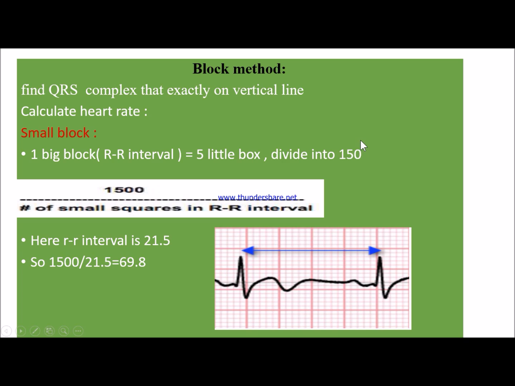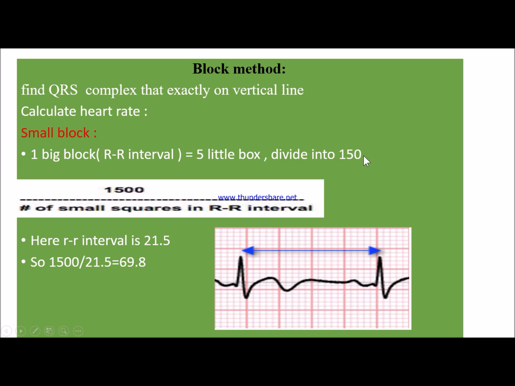There is also the block method, which is helpful to calculate the heart rate. There are the small block method and the large block method. First of all, we need to know about the small block method. First we take the QRS complex that lies exactly on the vertical line. For the small block, one big block in the RR interval equals 5 little blocks, and we need to divide it into